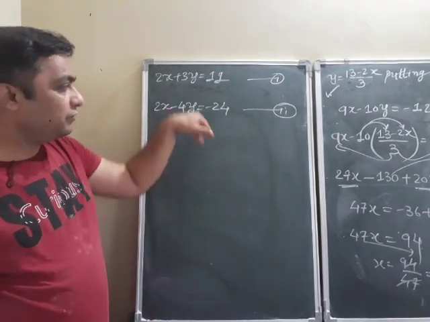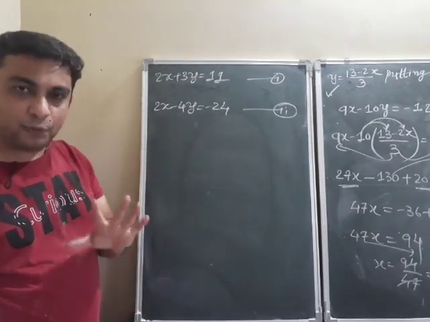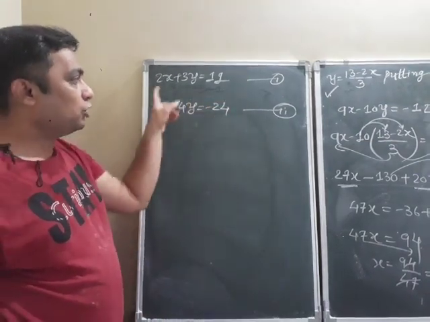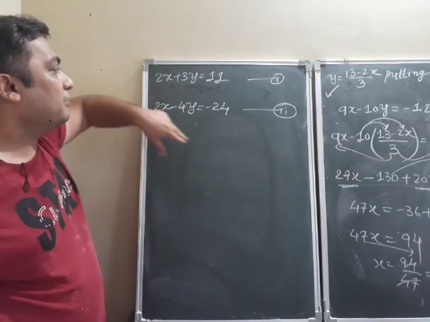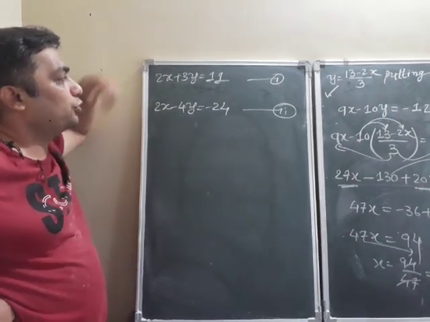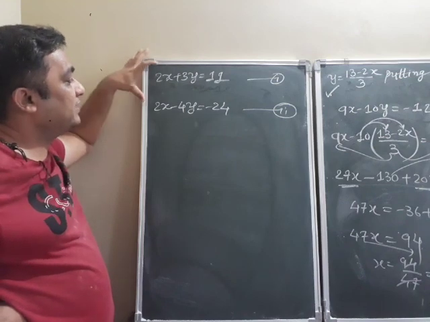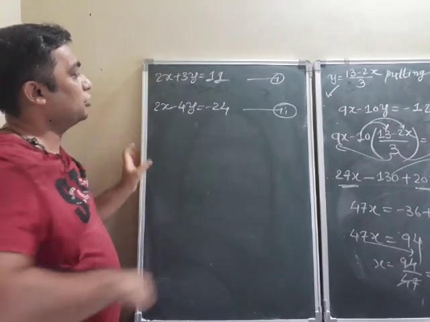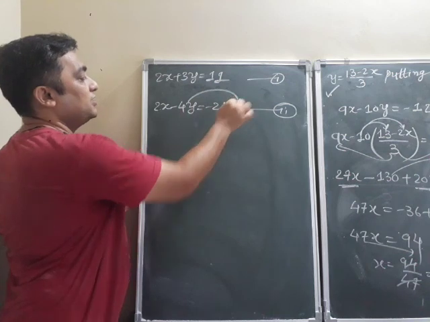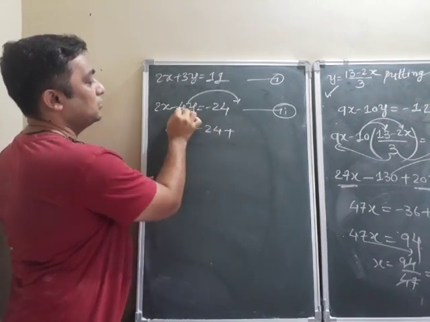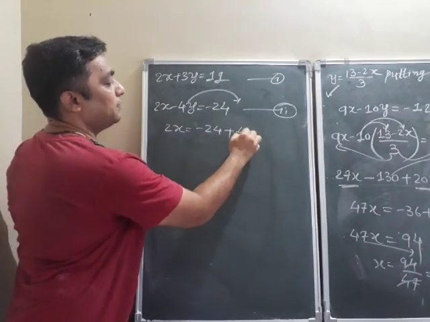Fine. See, first of all we solve, and later on we complete the rest of the example. First they told us to find the solution, so let me find it by using the method of substitution. चलिए, okay? देखो यहाँ पे method of substitution very easy है. Let me replace x. यहाँ से minus 4y on this side, so 2x is equal to minus 24 plus 4y.